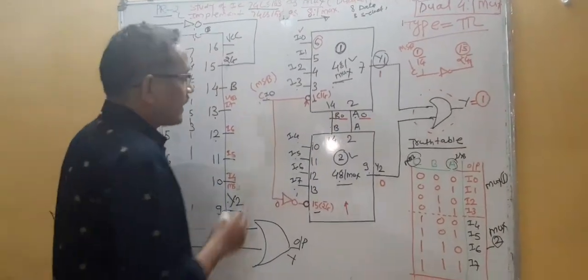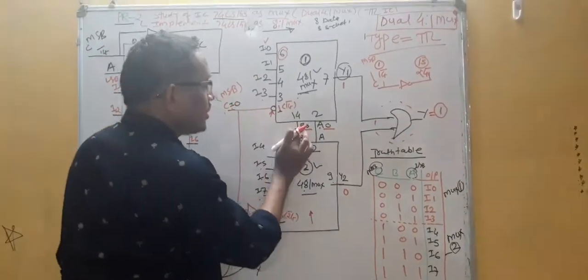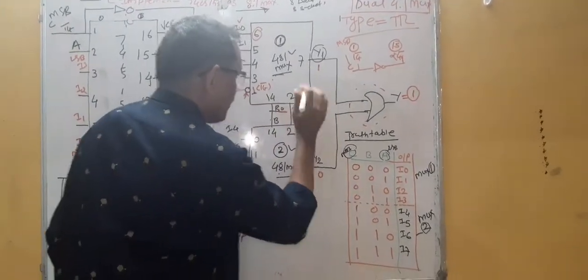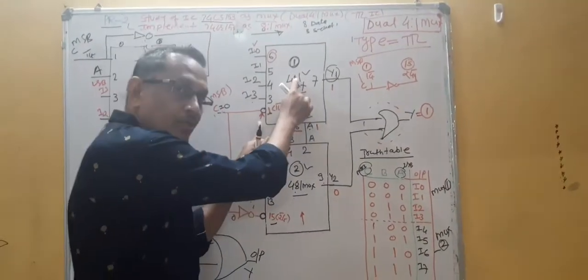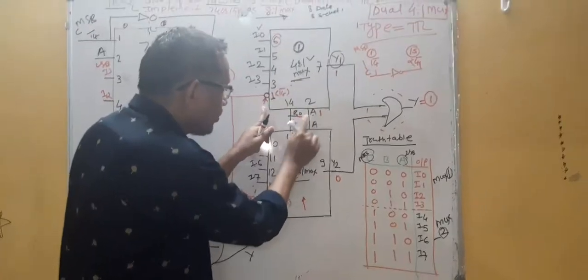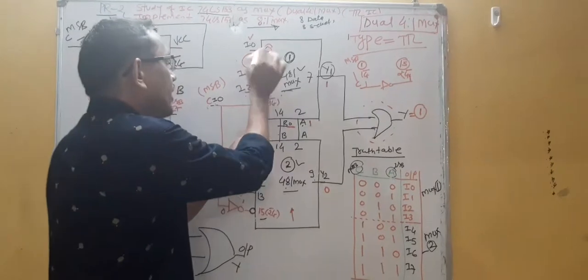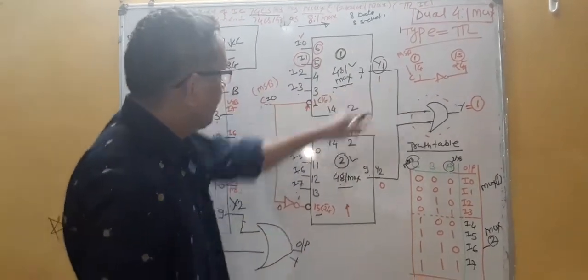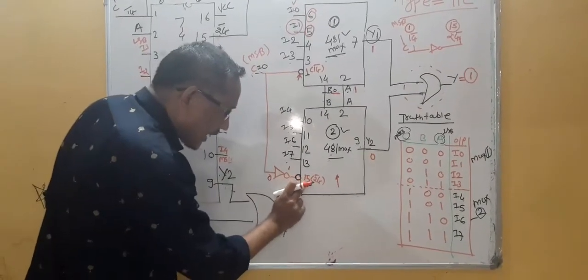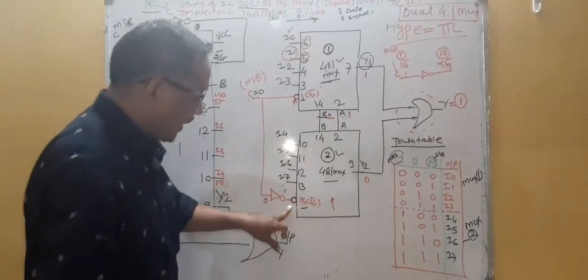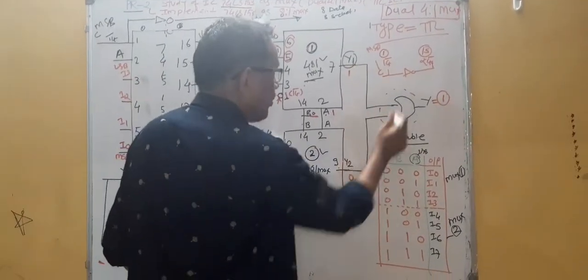Now suppose I apply the second condition, as per this case 0, 0, 1. Look here. This is 0, this is 0. I will make A is equal to 1. Look here. What will happen? 0. That means again this is active low, so the upper multiplexer will get activated. So this is 0, this is 1. Out of this, pin number 5 will get activated. That means I1 will get activated. That will show the output Y1 equal to 1. But again, due to C is equal to 0, this is 0, this becomes 1. This is actually an active low pin, so you are applying active high. So this lower multiplexer doesn't work. This shows output 0. Again 1 plus 0 is always 1.